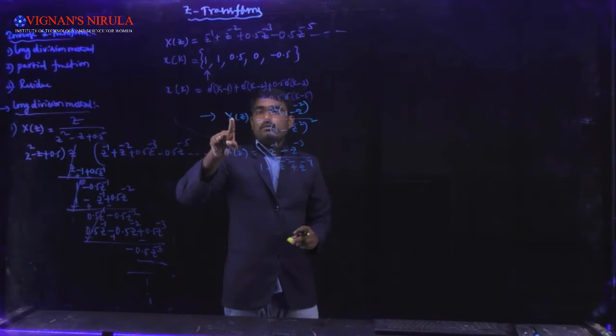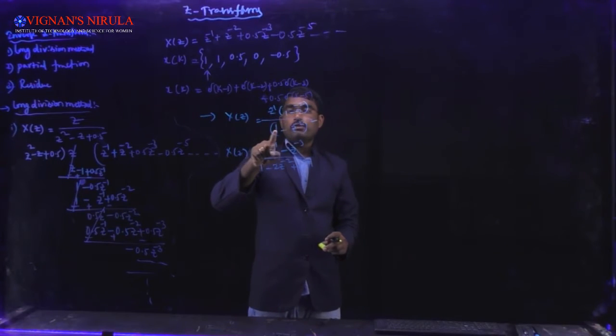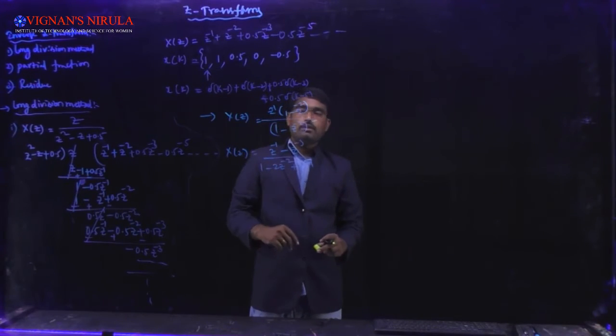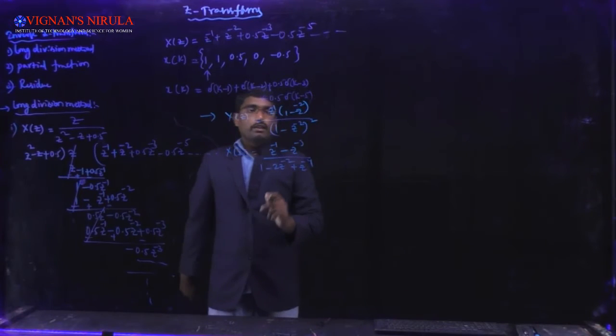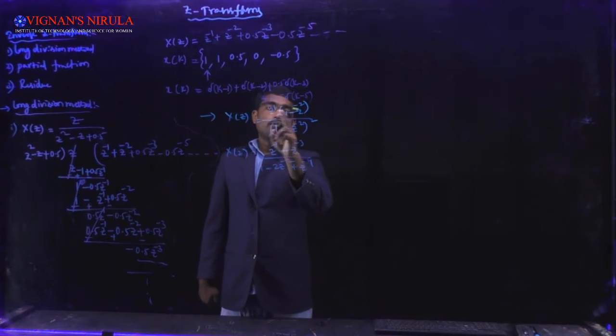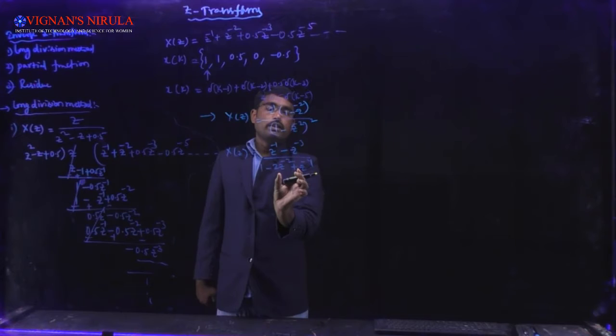Now the second function is x of z equals z power minus 1 into 1 minus z power minus 2 by 1 minus z power minus 2 whole square. So we need to find the inverse Z transform by using long division method. Here I am arranging, I am multiplying Z inverse with this bracket. It becomes Z power minus 1 minus Z power minus 3 by this is 1 minus x whole square, a minus b whole square, a square plus b square minus 2ab. By applying that, here we are getting this.